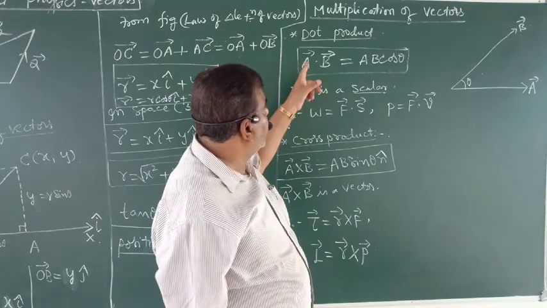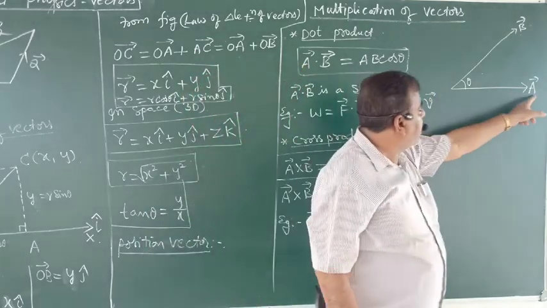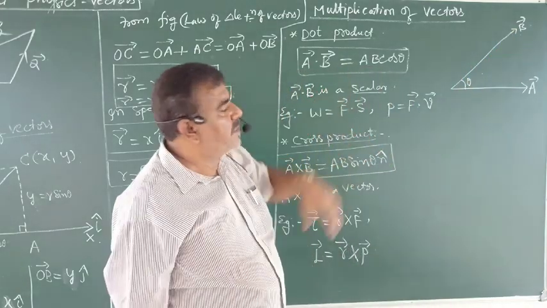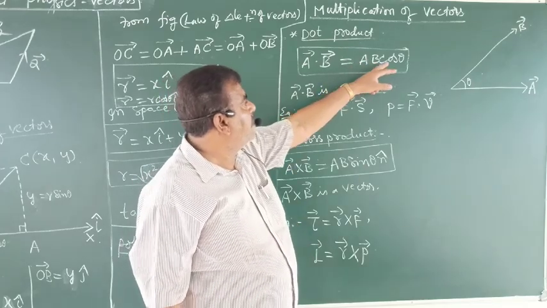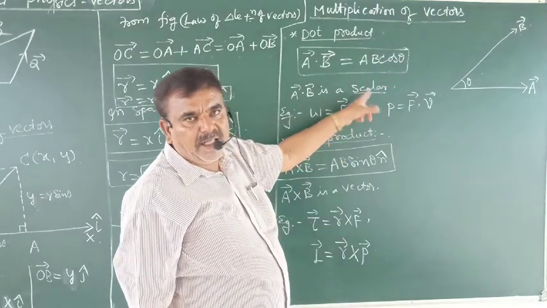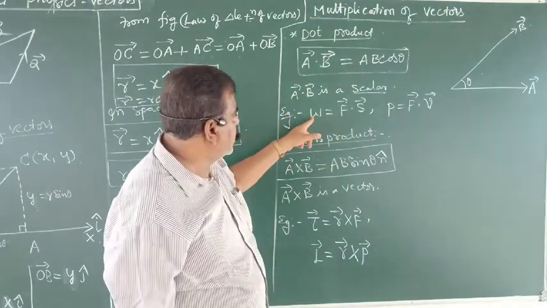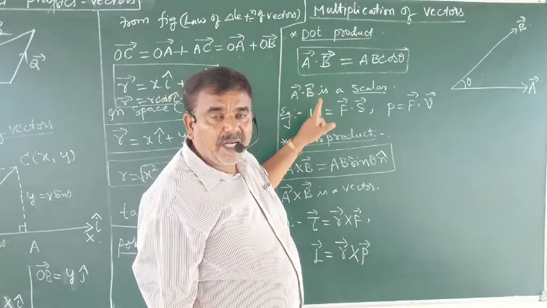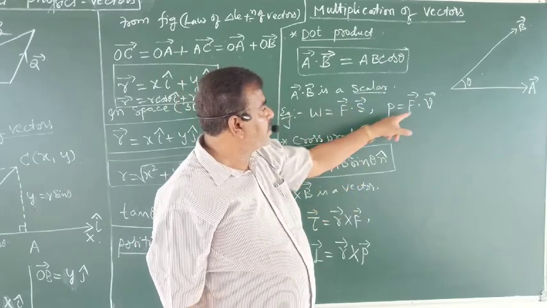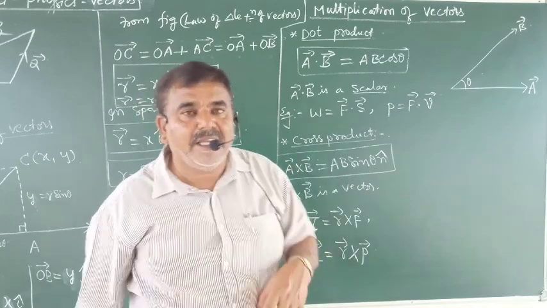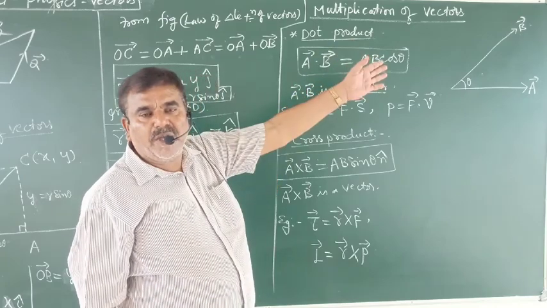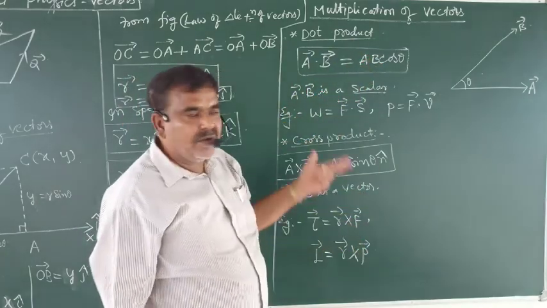Now, I hope you have understood. This is vector A, this is vector B, which makes an angle theta. The dot product of two vectors is defined as AB cos theta: magnitude into magnitude into cosine of the angle. Therefore it is only magnitude, it is a scalar. Therefore, the dot product is a scalar. This concept is used to define work. Work is defined as the dot product of force and displacement. Power is defined as the dot product of force and velocity. That is why we need all these things. We have a topic, work, power, energy. There also we will see.